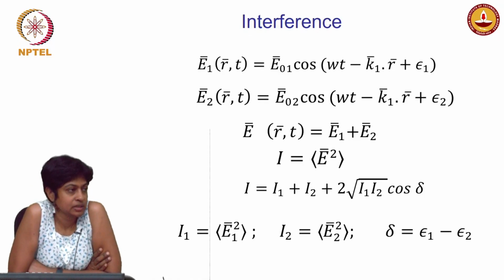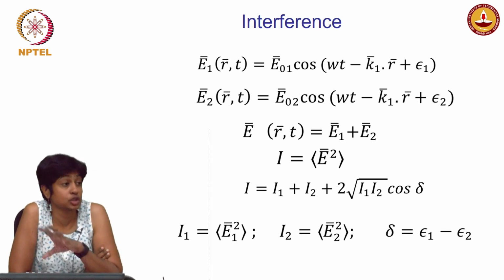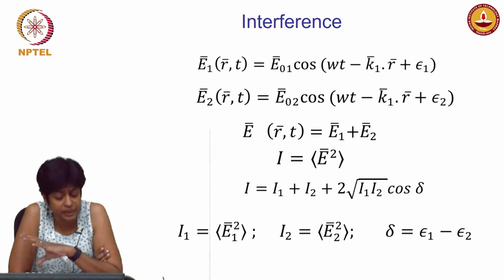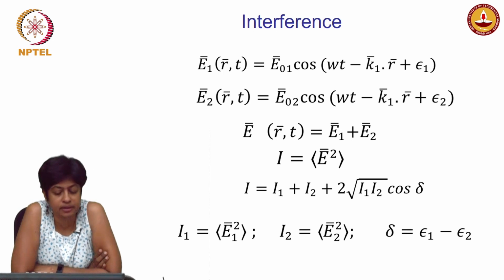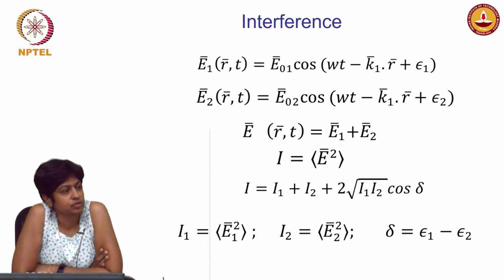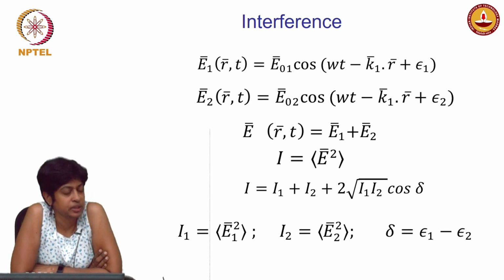In yesterday's class, we were looking at interference and we looked at the conditions which are required to have interference, so the conditions on the source. Particularly, we looked at the coherence properties that are required. And then we said we are going to focus on sources which we assume have good spatial and temporal coherence,